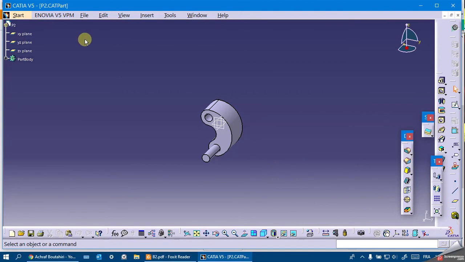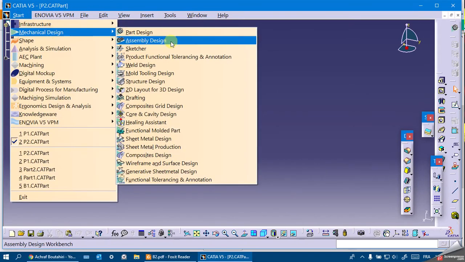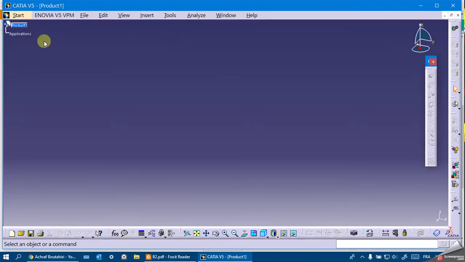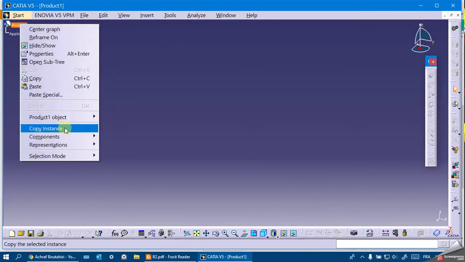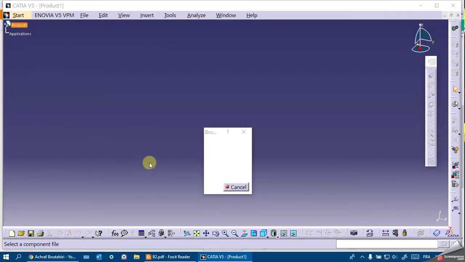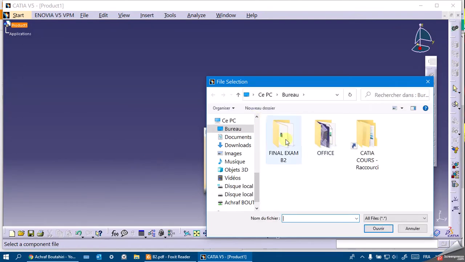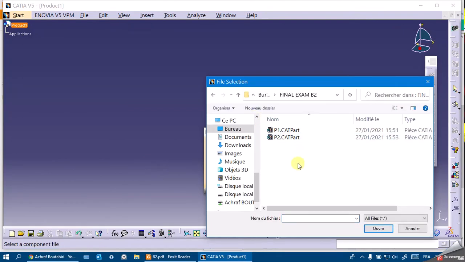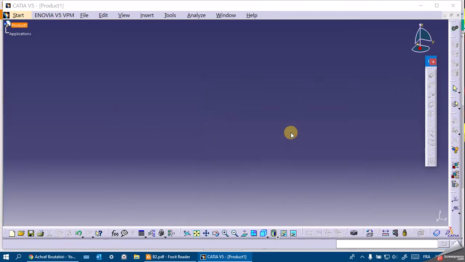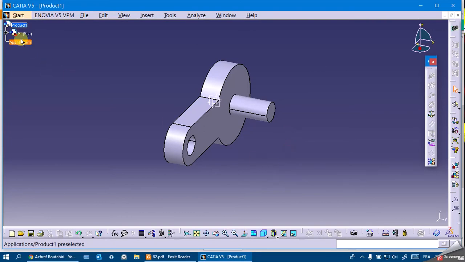Now we should go to the assembly. So go to Start, Mechanical Design, Assembly Design. And we load, right click on Component, Existing Component. We load from here. So we're going to make it step by step. So we load part 1 like this,